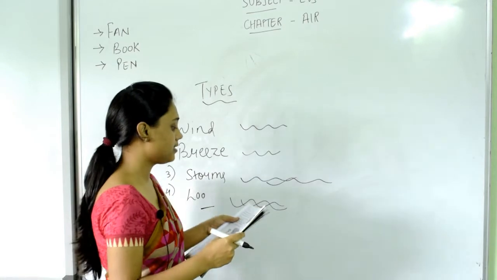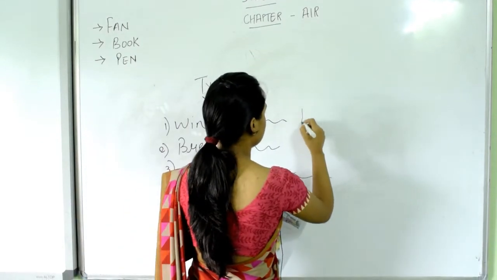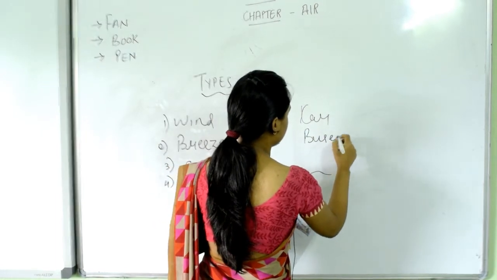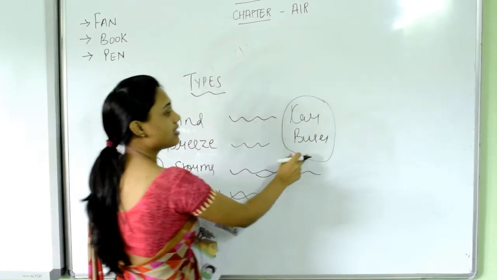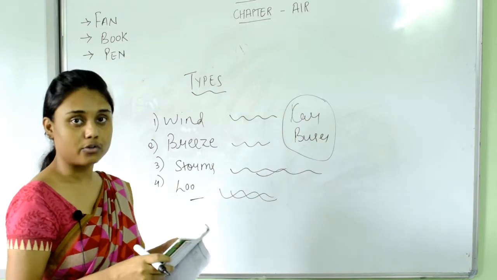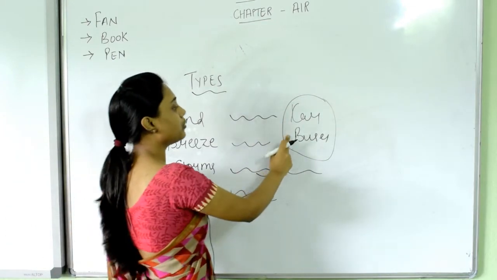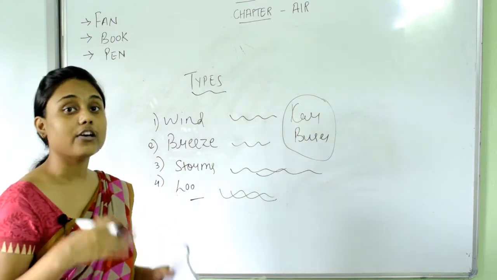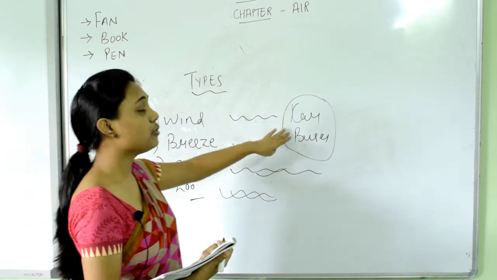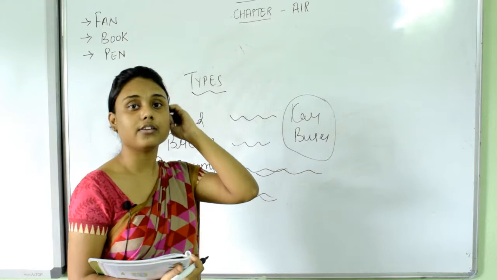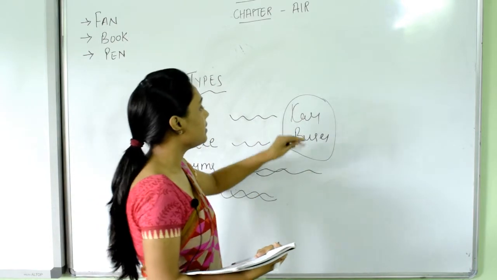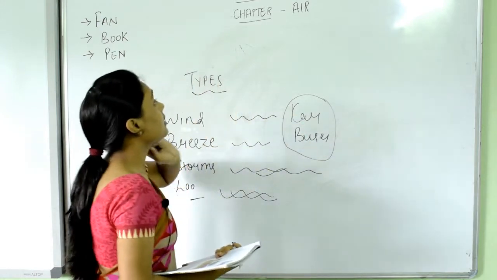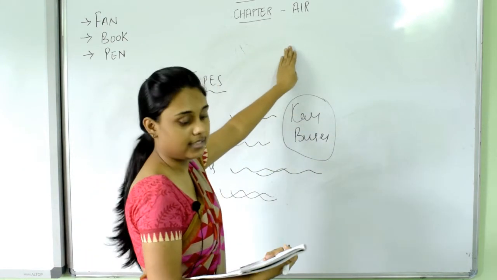What happens is the vehicles like cars and buses move on the road, right? And what do they produce? They release smoke, which pollutes our surroundings and our environment. So cars and buses release smoke and they make the air dirty.